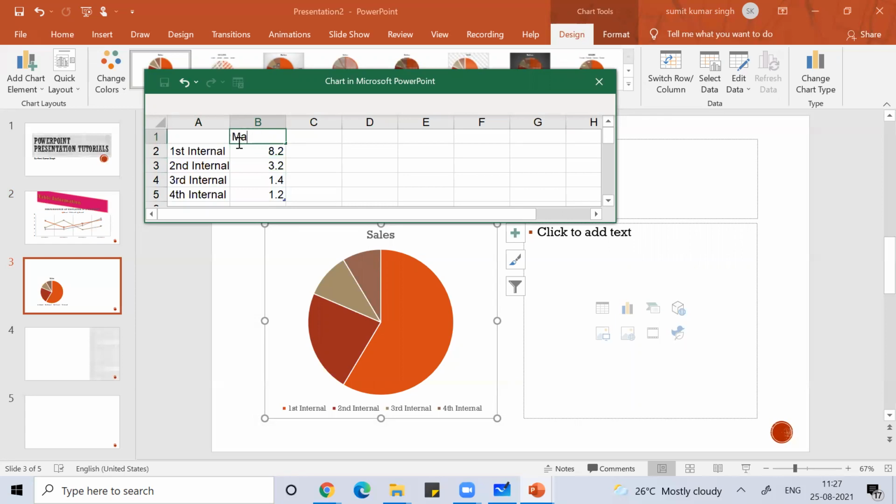Sales is not, these are marks, 65, then 34, then 98, then 12, something. You're getting right. So the way I change the data, you can see the pie chart got changed accordingly.